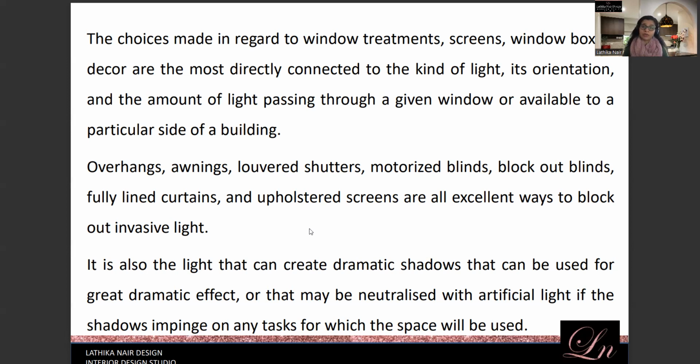Now, we do know the effect of natural light. It also helps create drama within a space. When the light falls on certain aspects, you get the light and shadow effect, creating drama. Sometimes that enhances what you're creating, which is fabulous. And sometimes you might need to provide additional lighting, say artificial lighting, at a certain time to neutralize that, because if you don't need that effect, you have to neutralize it. So you will have to consider the additional lighting that you need.